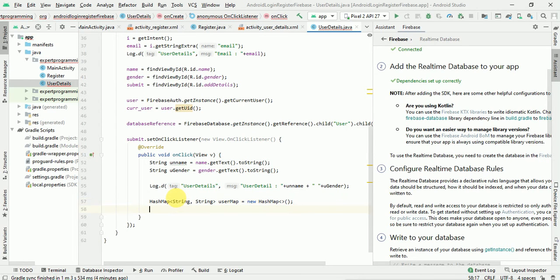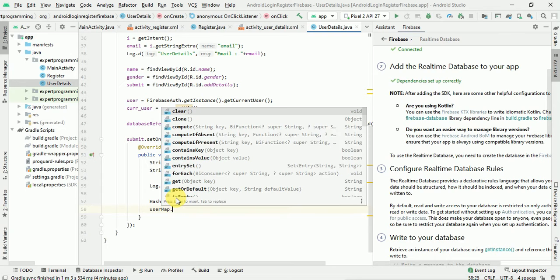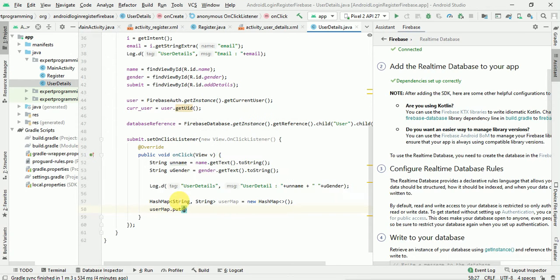Now add the details. So user map dot put, we will pass as a... if we want we will pass the ID also, but currently I am not going for the ID. So what I will do, I will pass as a email, and this will be whether I am able to access it, yes, email,